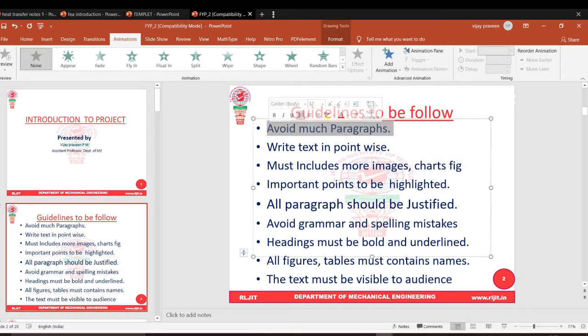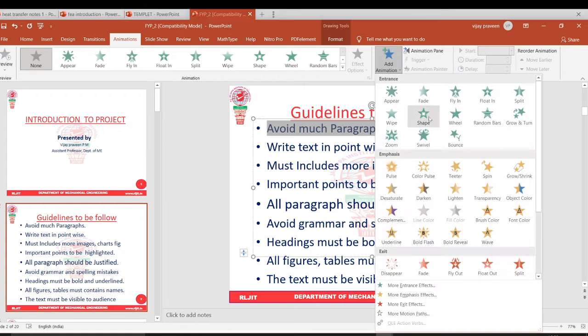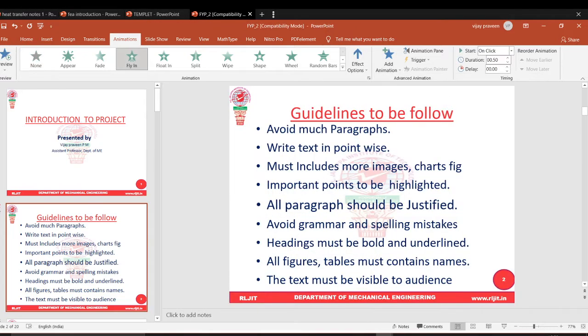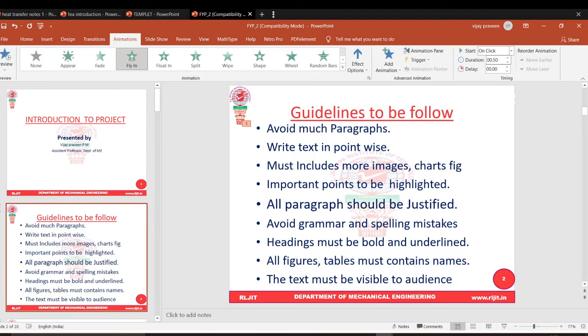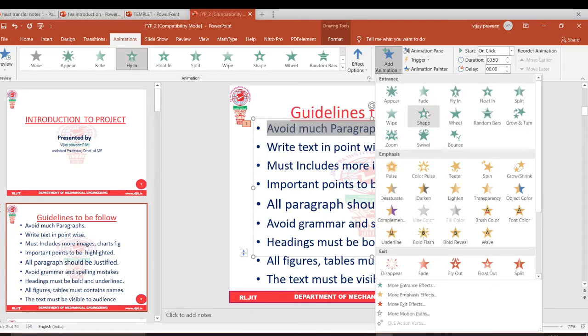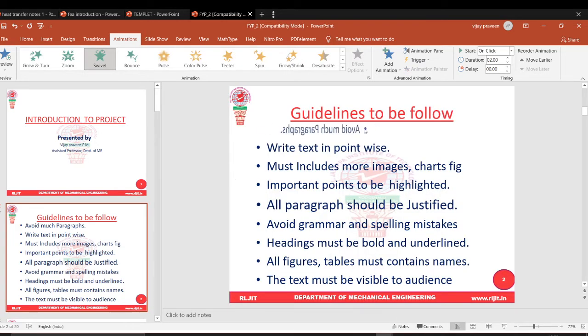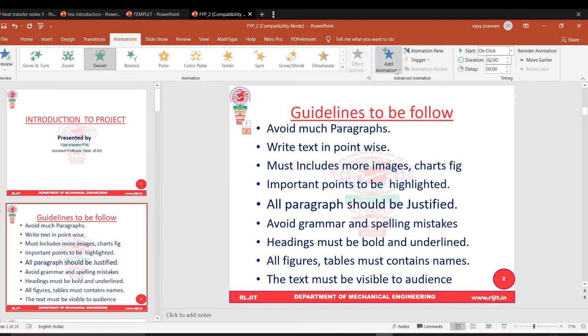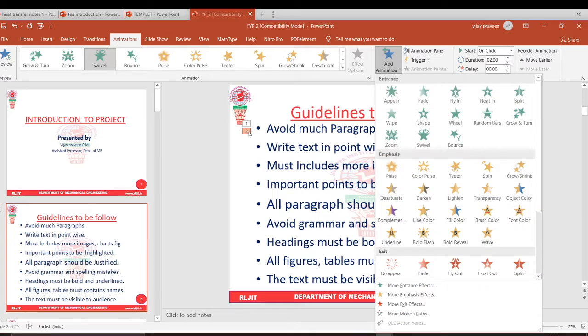Suppose I give fly in. See how it comes. It starts from the bottom. I will change it. I don't want that, I will give spin. If I give it, automatically it will rotate and finally it will stand. Or I don't want this also, so I will remove this.